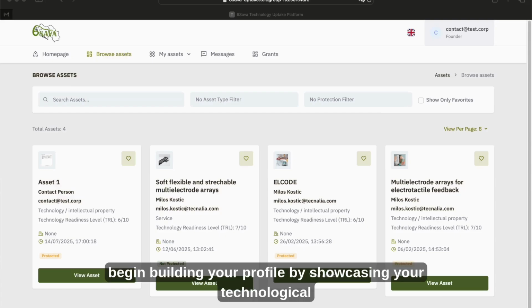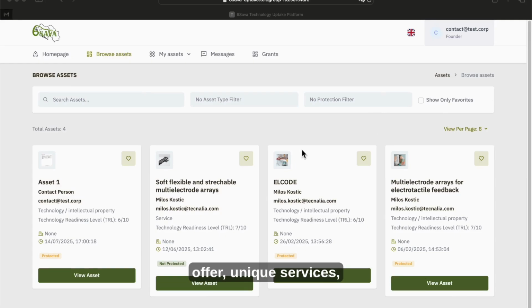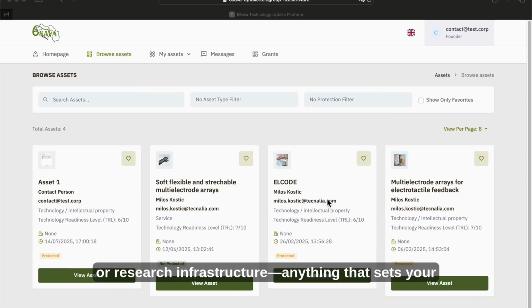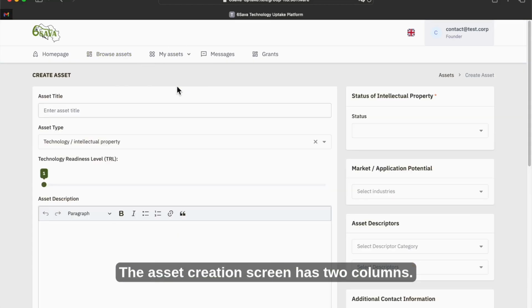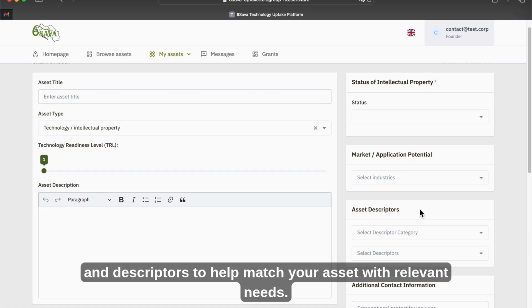Once registered, begin building your profile by showcasing your technological offer, unique services, or research infrastructure, anything that sets your organization apart. To do this, click My Assets and choose Create New Asset. The asset creation screen has two columns. On the left, describe your asset. On the right, enter key information for commercialization, including IPR protection, market segments, and descriptors to help match your asset